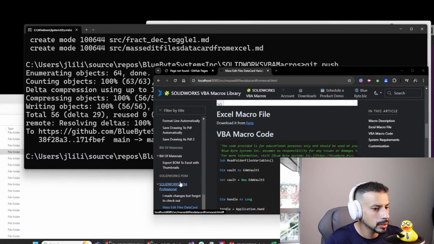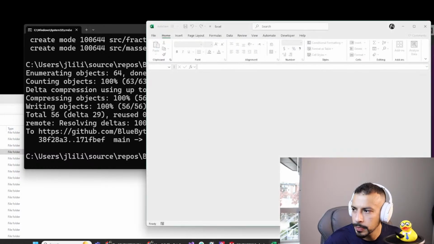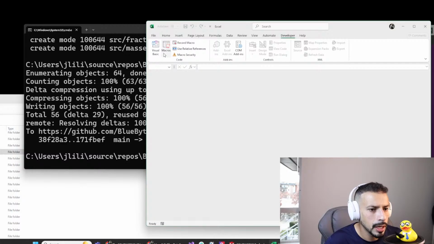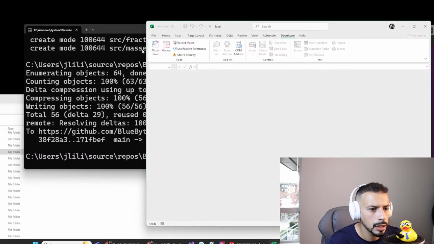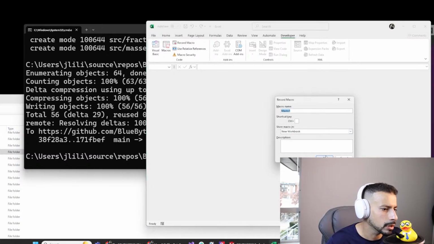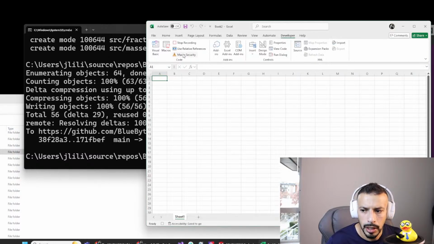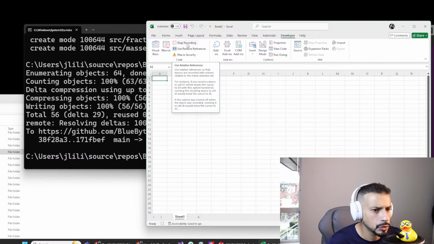Now, to continue where we left off, I'm going to switch to Microsoft Excel. I'm going to go to my Developer tab, and I'm going to click on Macros. Maybe I'll just record a macro here. Call it Macro1. And then I'll stop recording the macro and go back to my